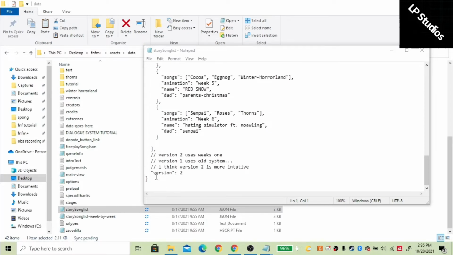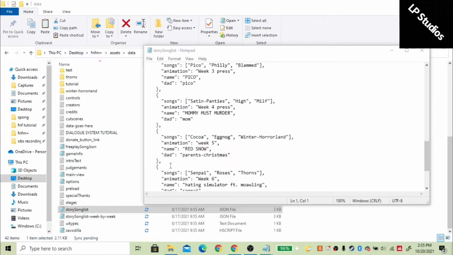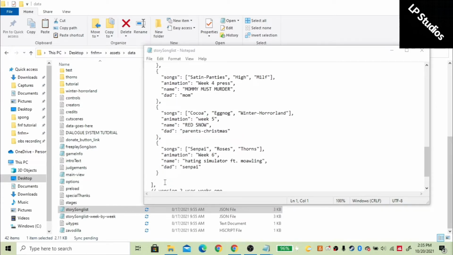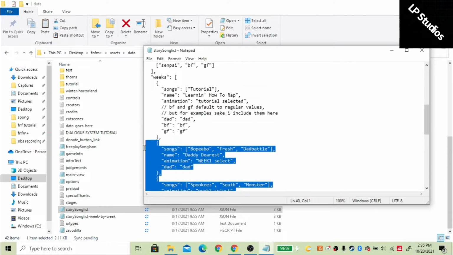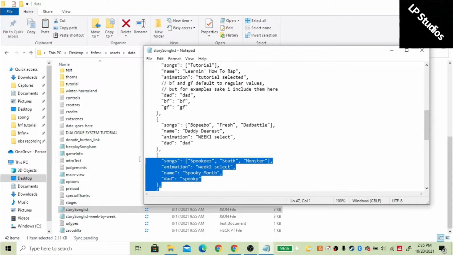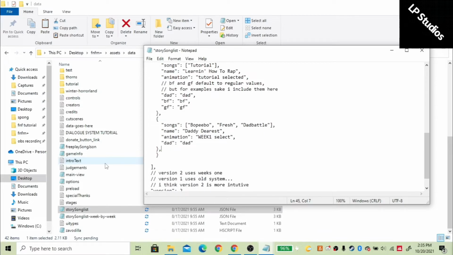If you pick version 1, it'll probably break. So first you want to delete the thing. Okay, if you want, you could delete it, but I'm just gonna make it remain that. So delete that,